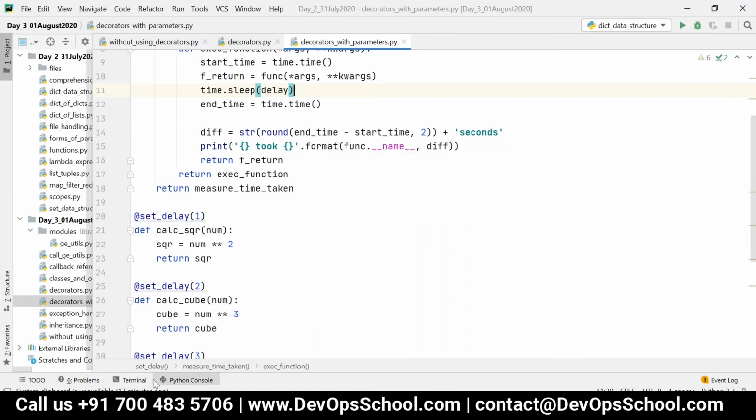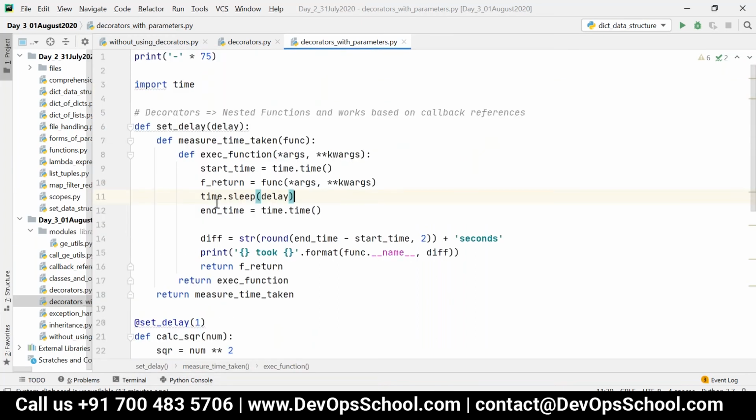Okay, so when you have parameters, we should have 3 levels like this. Clear, Ajmal? Yeah, so try it out. Just copy it to another file and then add one more level. And you have to change the name of the decorator. Yeah, let me know once it is done. Sure.